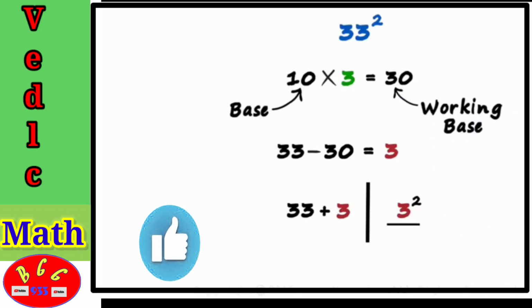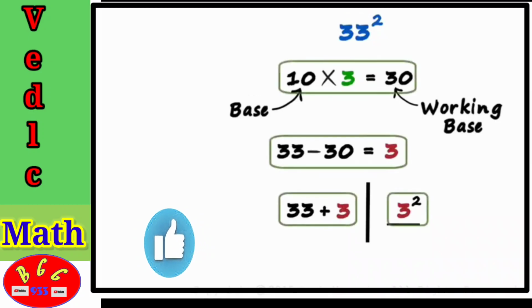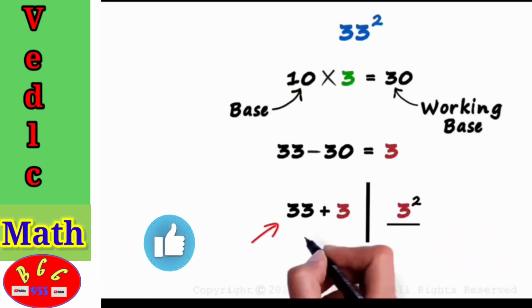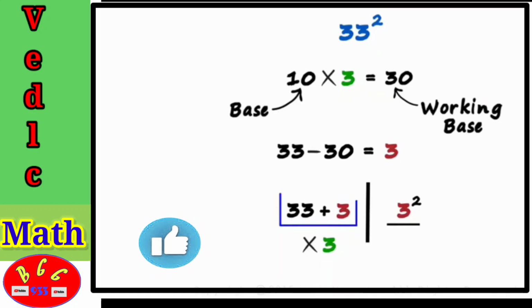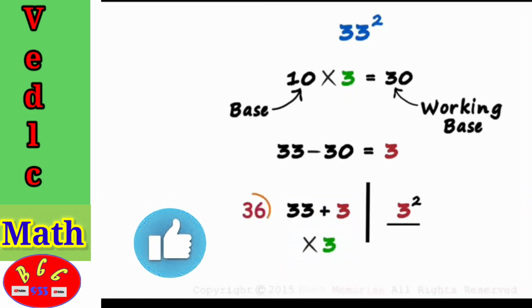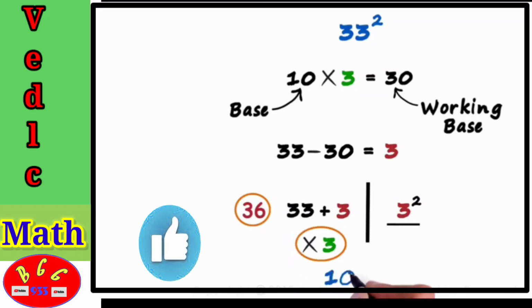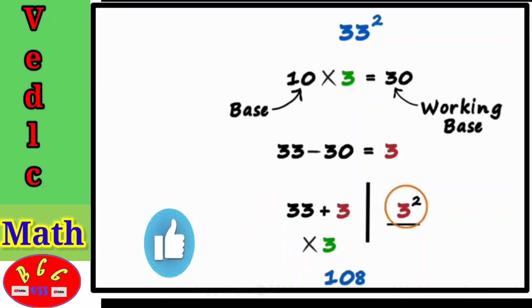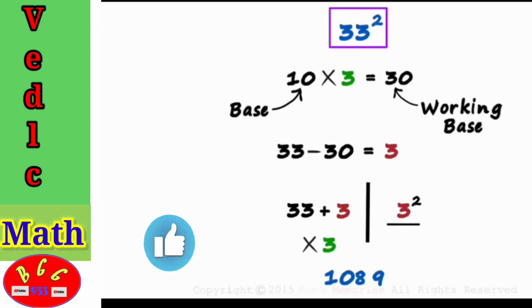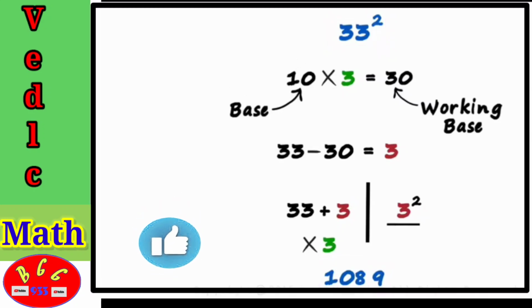Yes, the difference here is that once we complete these 4 steps, we have to multiply the left-hand side with 3. Yes, this entire thing with 3. 33 plus 3 is 36, and 36 times 3 is 108. And 3 squared is 9. 33 squared is 1089. The steps were more or less the same as the ones we had